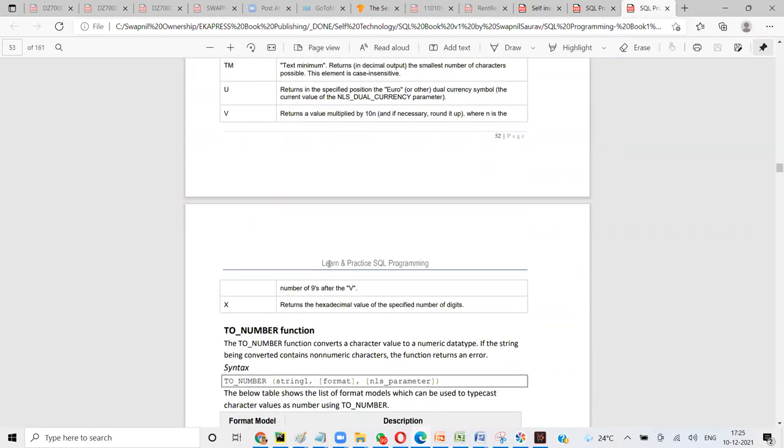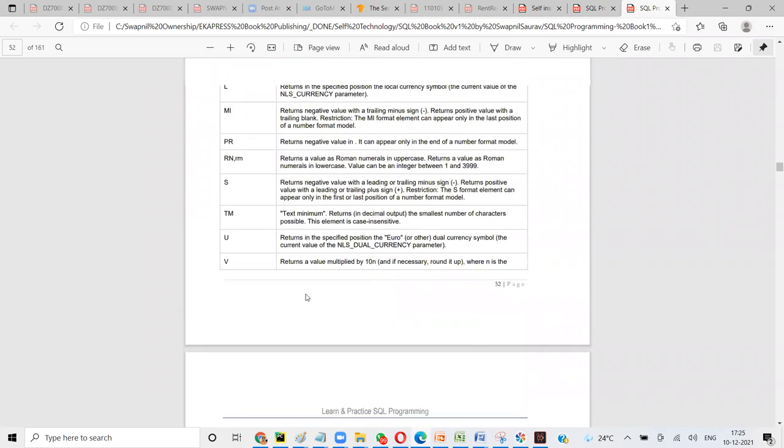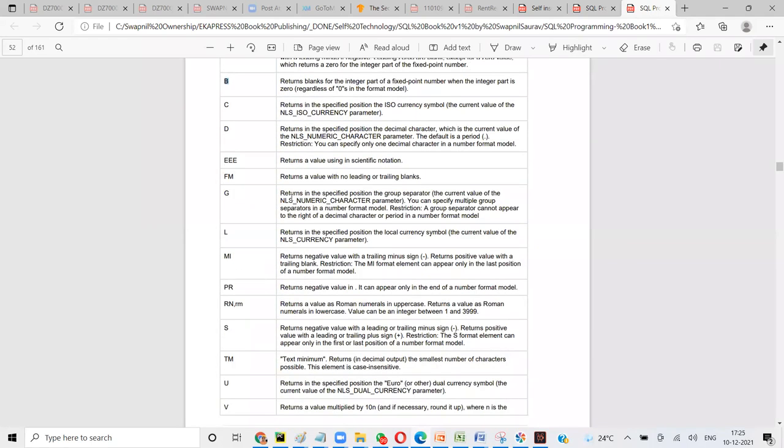Less than, greater than, and upward sign. When we write this print format, right? Remember, we give less than sign, greater than sign, and that caret sign, upward sign.